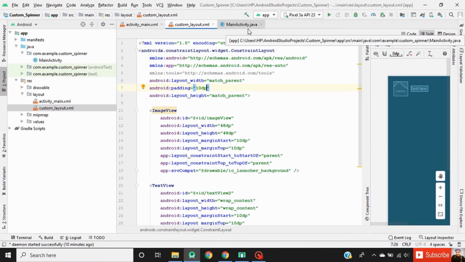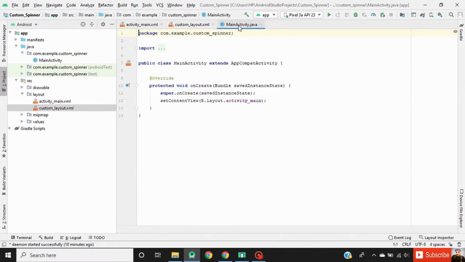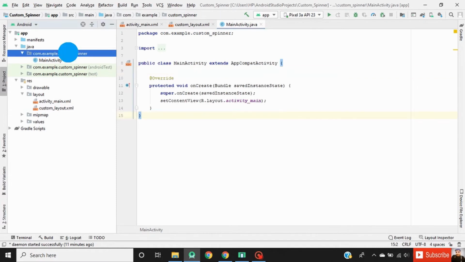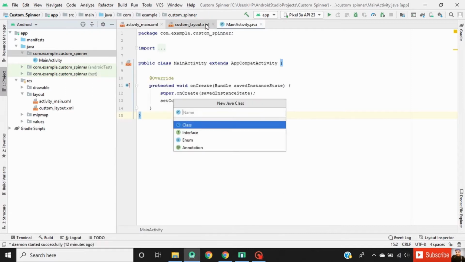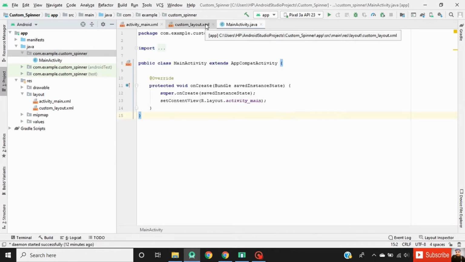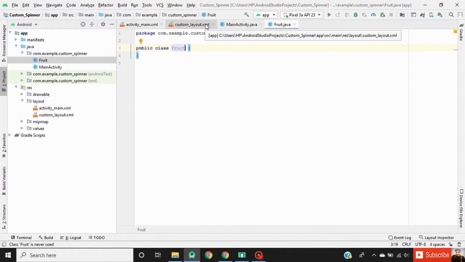Now we can start our coding. Go to MainActivity.java. Now create a new model class. Right click on the package name, new, Java class, name it Fruit and then click enter. Now declare two variables.